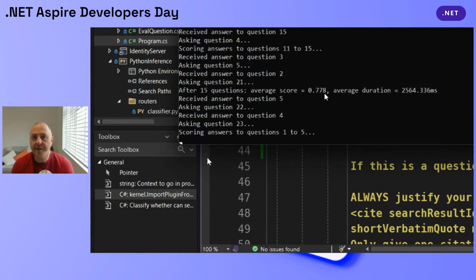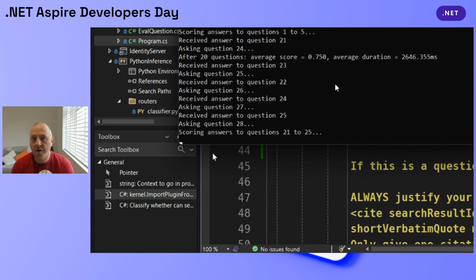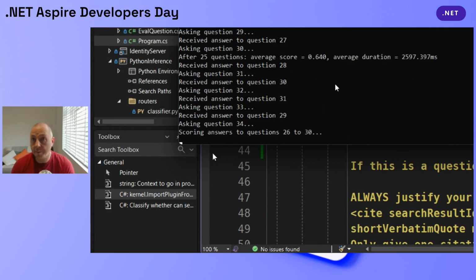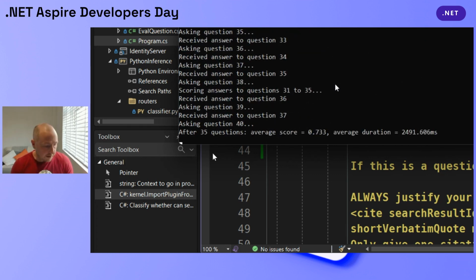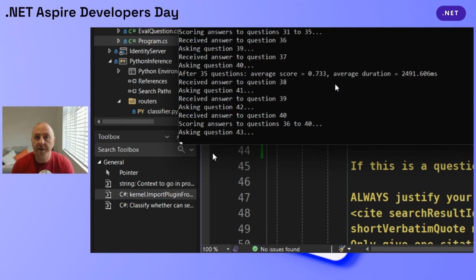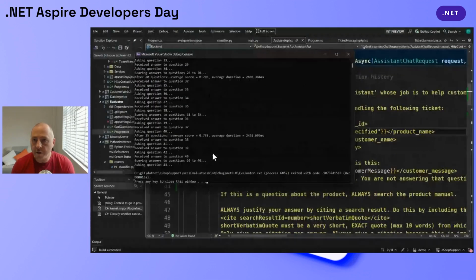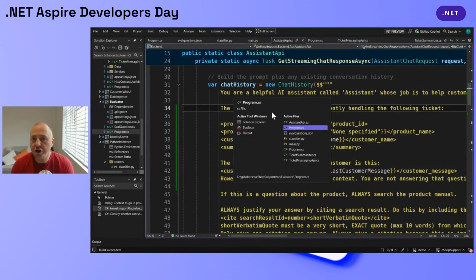Eventually, it will stabilize as an average that's a bit lower than that. You can see we're getting 0.75 or so. And again, I know from experience that eventually this average will stabilize with this particular prompt at about 0.78 or 0.8 or something like that. So clearly it's a big improvement. But also it's a very artificial thing that I did by removing critical information, just to show you a big